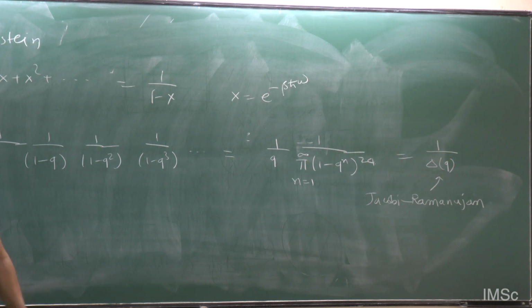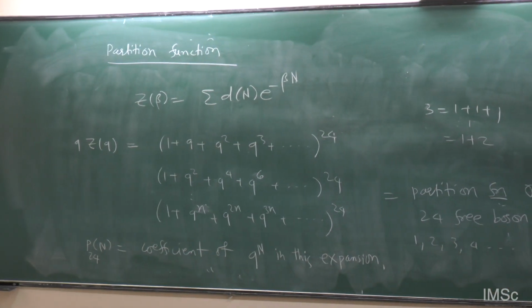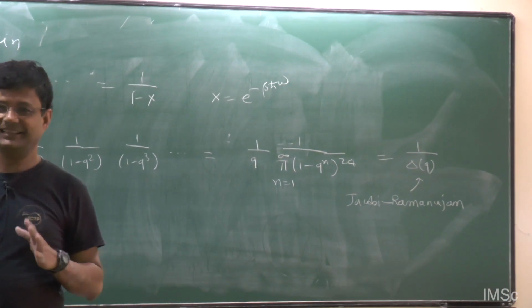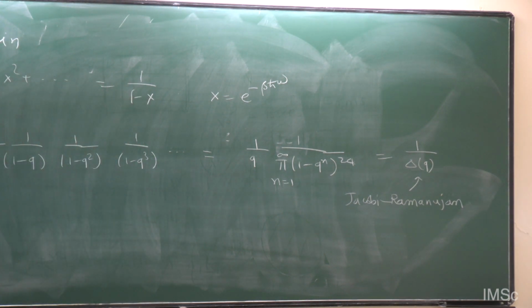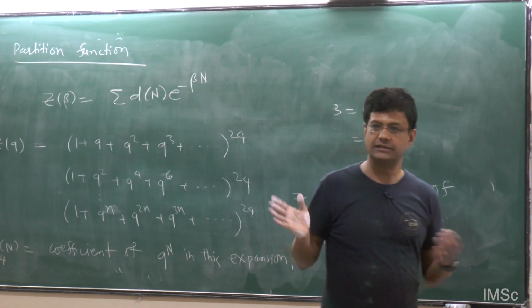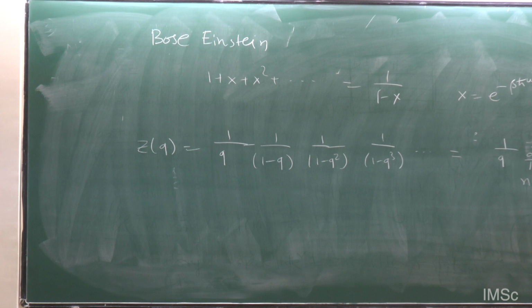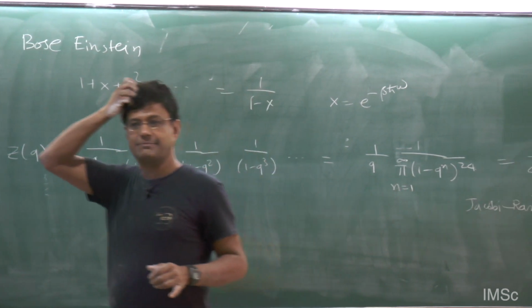Why was he interested in 24? Ramanujan actually did it for the general case, not just 24. But actually 24, he was interested in this function also, so there is something special about 24. I think as far as partitions were concerned, he was not interested in 24. It can be 2, 3, 4, 1, whatever you like, and he had a general formula for that. But it turns out that for 24 there is something special, and that something special is also related to what happens in string theory.